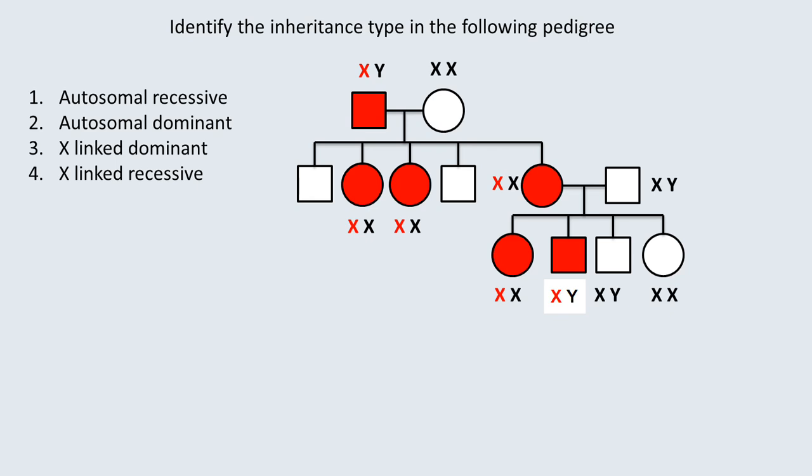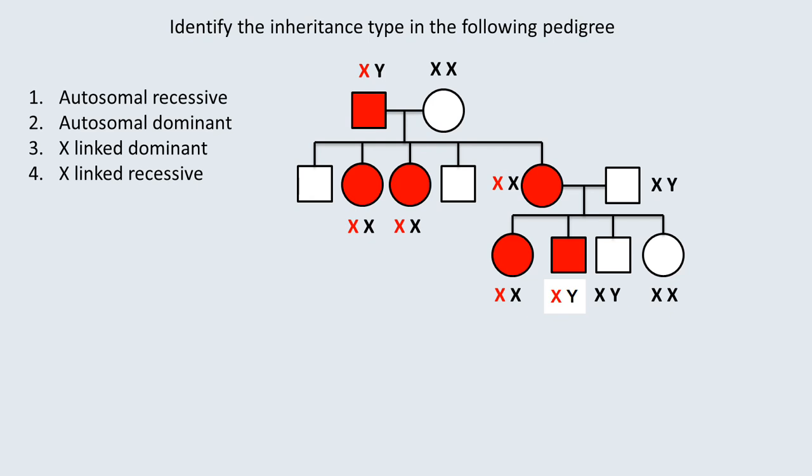But the remaining two individuals, where one of the males is completely unaffected because he is getting a normal X chromosome from his mother and a normal Y chromosome. Similarly, the female of the third generation, she is carrying normal X chromosomes, because one X chromosome is completely healthy from the father and another X chromosome from the mother is completely normal one, carrying no mutations or lethality. So based on this, we can say that it is an X-linked dominant condition.